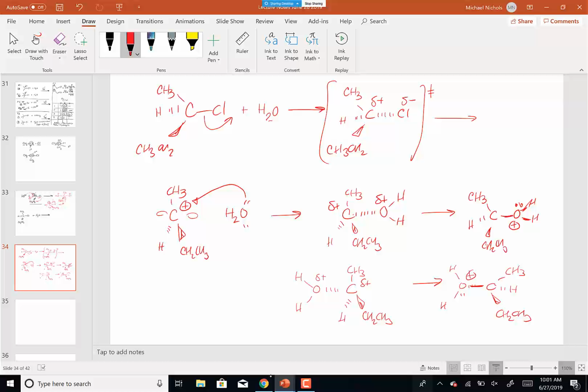Well, the final product is going to be the loss of H plus. It's going to be to lose the H plus off of the oxonium ion. No. Both of them. Okay. Both of them are going to be the products. We get two products because we get a racemic mixture. Okay, so